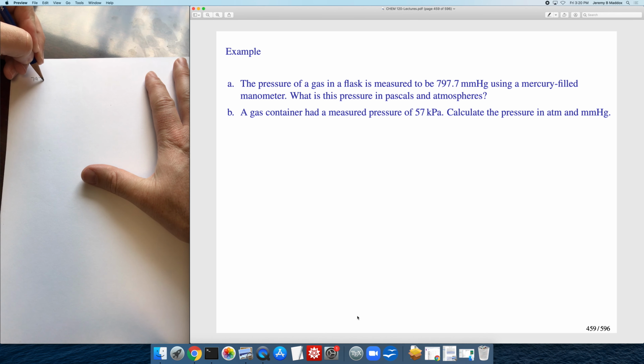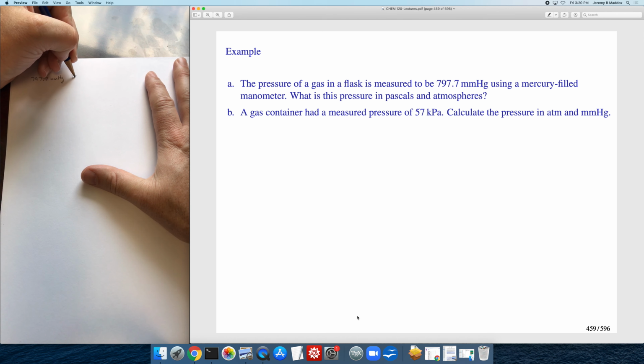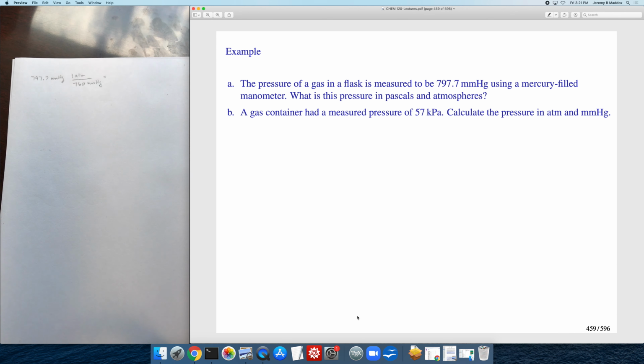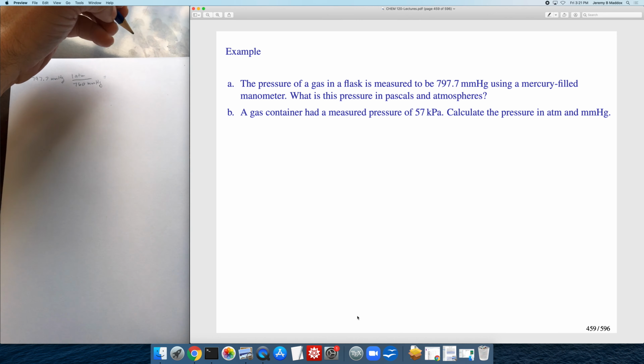So 797.7 millimeters of mercury, and in every 1 atmosphere, there are 760 millimeters of mercury. That's how we're going to do the conversion. So I'm getting 1.05